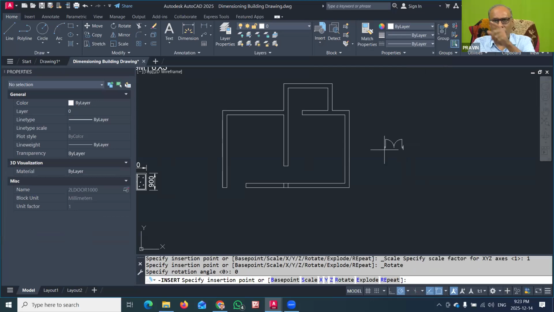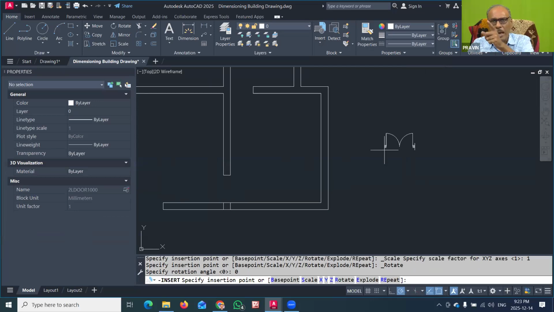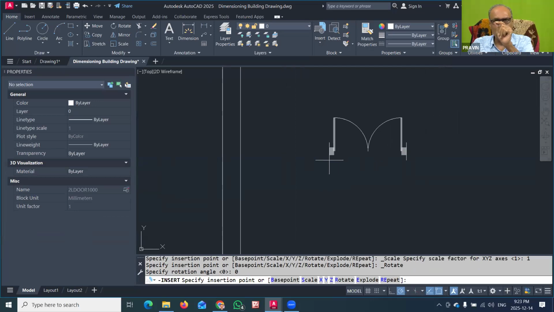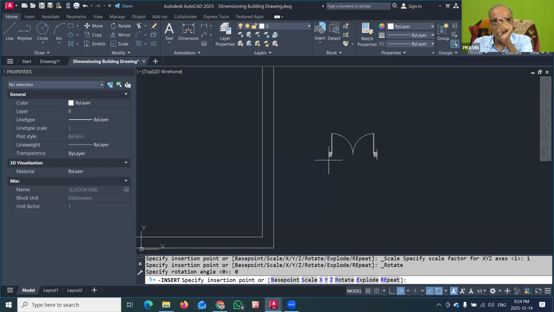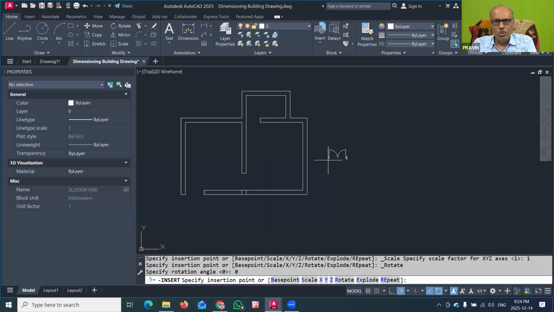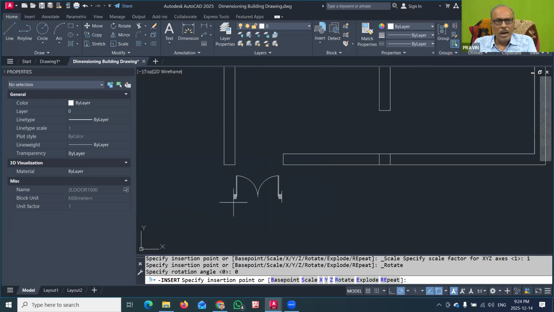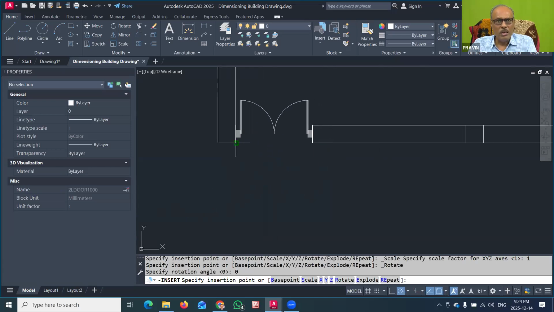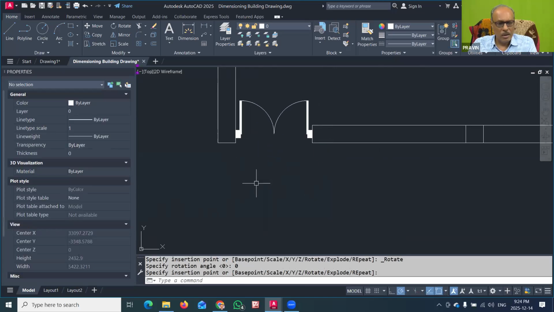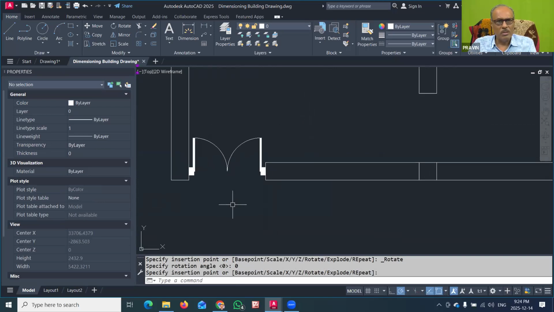Now you can see that the symbol was automatically appearing with my mouse cursor, and the cursor is at the exact base point of that. So you just go here, put this point here and click. Now you can see that very quickly the symbol was added for the 2 panel door having 1000 width. So that is the fast way that you can insert the symbol.